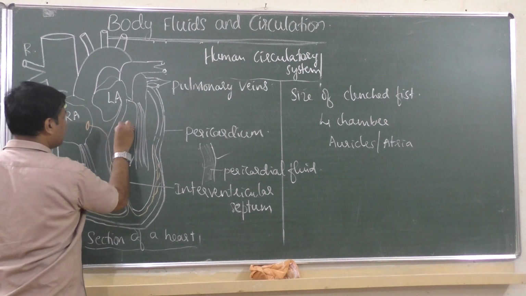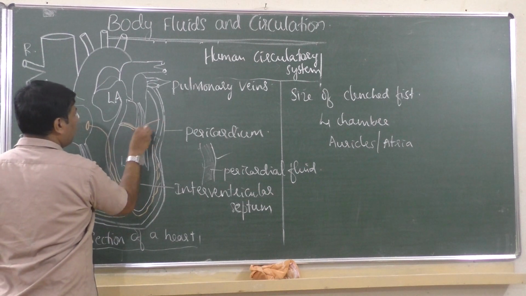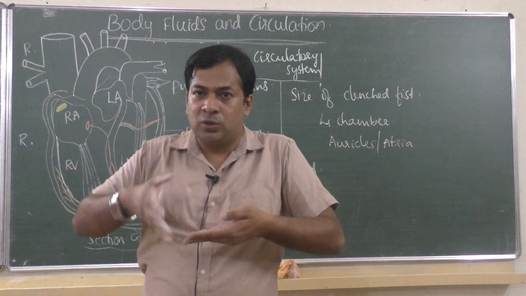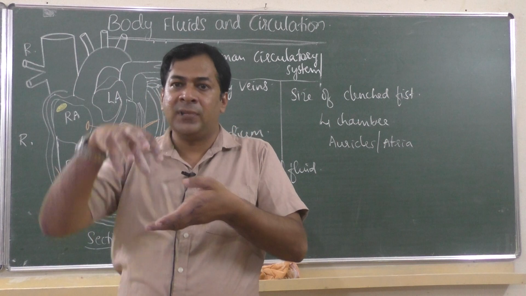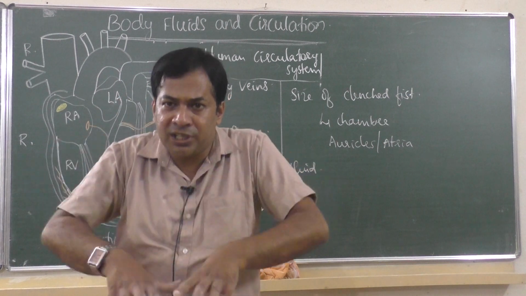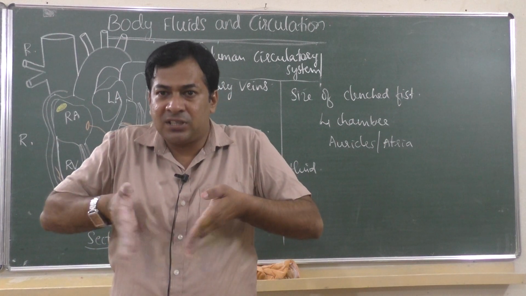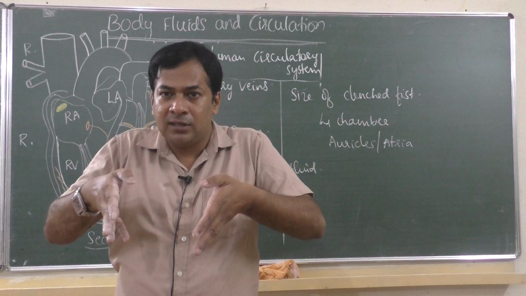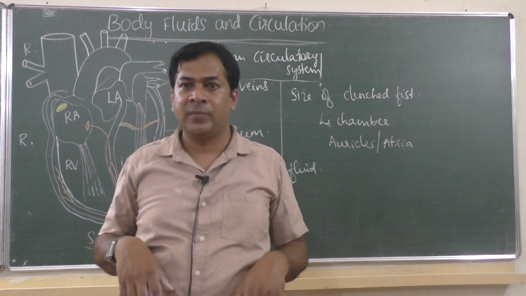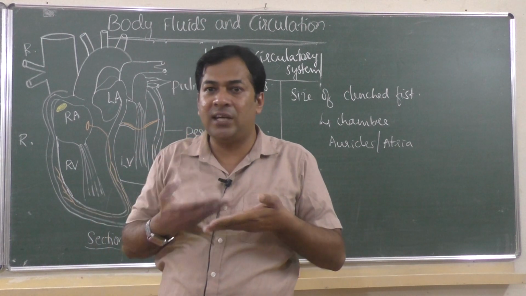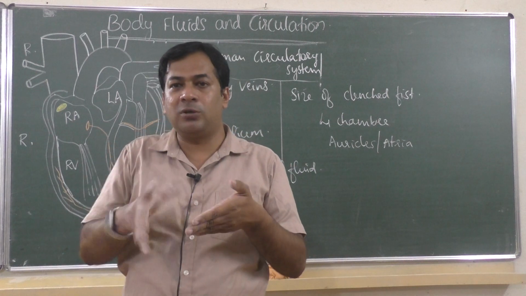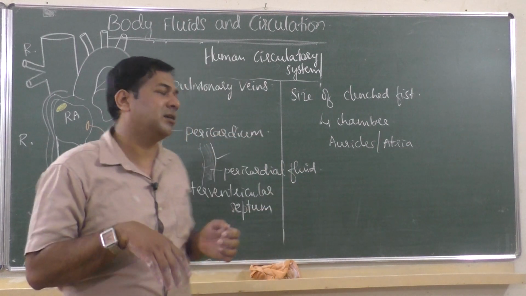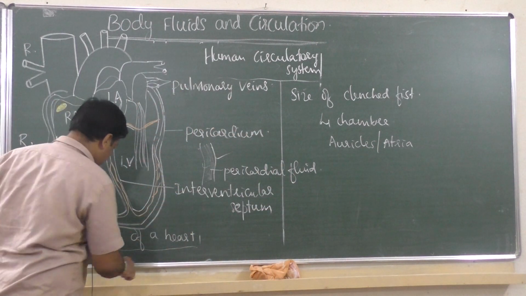Let me show it by a different color. Suppose this is a valve. A valve is like a door, it is like this. So this is the auricle and this is the ventricle here. The auricle is filled with blood and it is pushing on the ventricle. So with that pressure, the valve will open like this. Then oxygenated blood from the auricle goes to the ventricle, then the valve will close. The valve is there because backflow of blood should not happen. Backflow means from the ventricle blood should not come back to the auricle. It is one way transport.